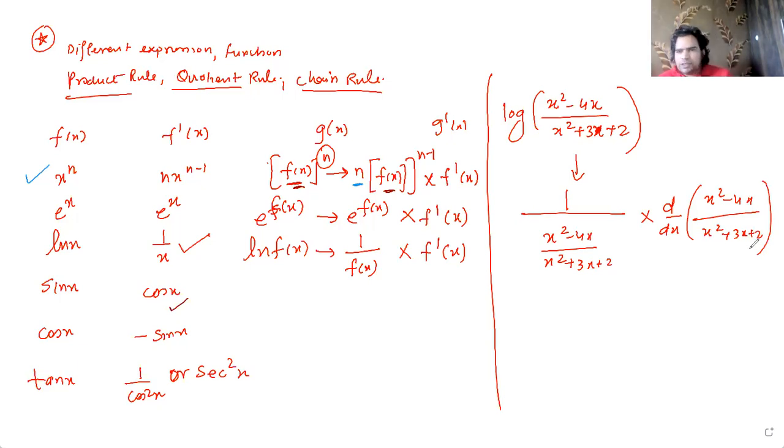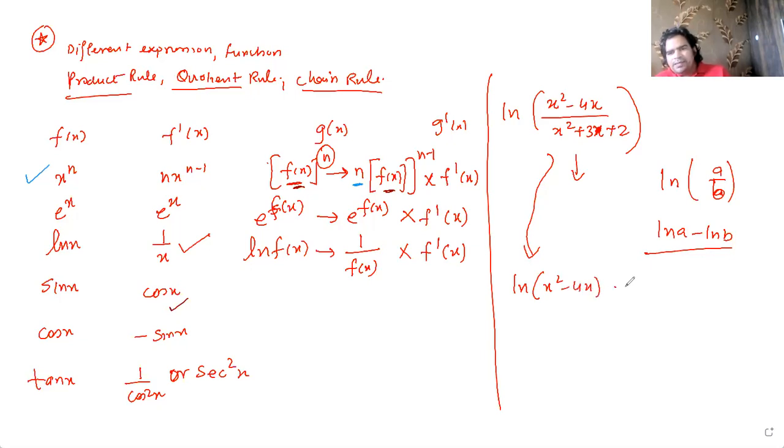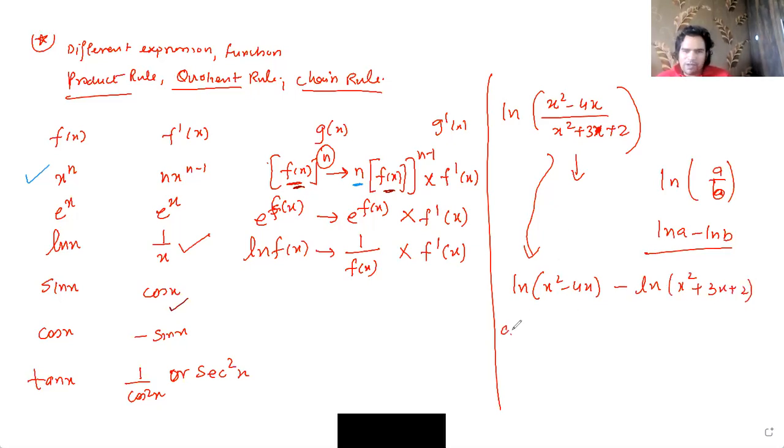So to avoid these situations, we can use the log properties here. If you remember, this is not log, this is ln. If it is ln a over b, it will be ln a minus ln b. So if I apply that here, I can write ln (x squared minus 4x) minus ln (x squared plus 3x plus 2). So when you do the chain rule here, what we get is dy by